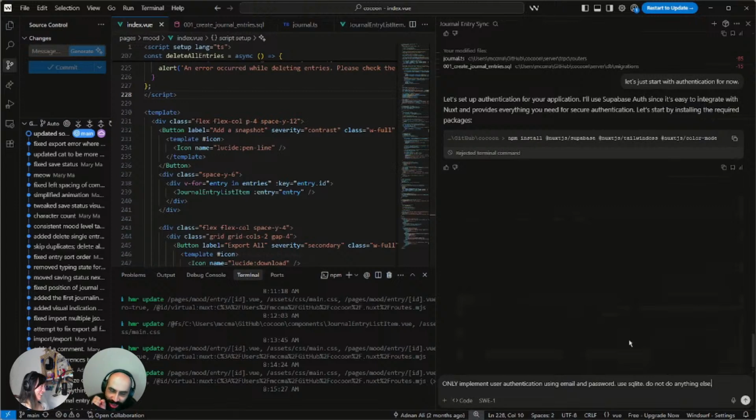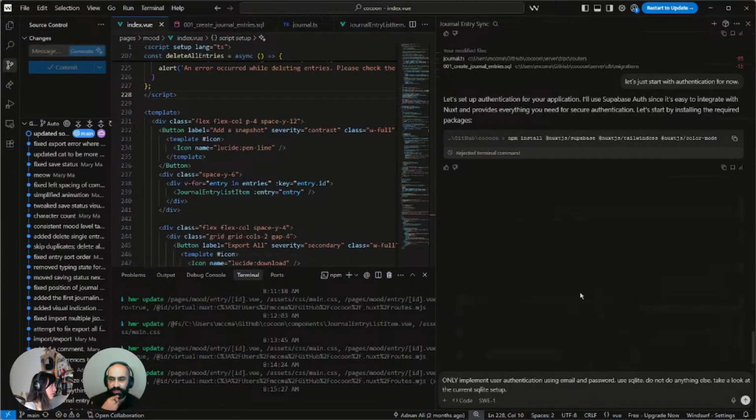ask it to take a look at the current SQLite setup right at the end? Just add a sentence to say, take a look at the current SQLite setup. It might be that because we emphasized the browser database, it's not really getting a sense of what was set up there already for SQLite, and is trying to find alternatives. So let's see. Would it be helpful if we pointed to a specific place?